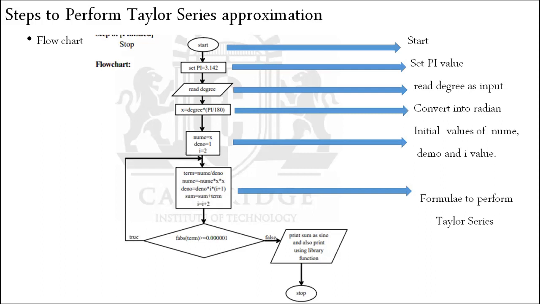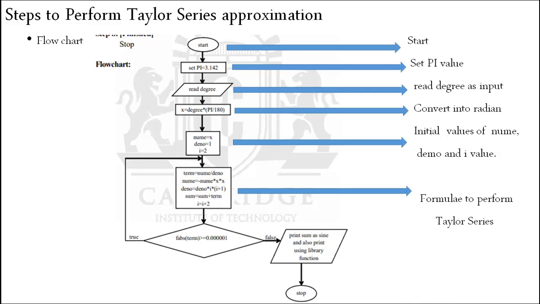After performing, I'm using some kind of loop. In my program, I'm using a do while loop. The speciality of the do while loop is that whatever the condition may be, it executes one time. After executing one time, it will check the condition. That is the while. If the condition is true, again it goes to do and carries on the second iteration, and again it will check the value with respect to while. Again, if it is true, it moves back to the loop. Until this condition fails, it will keep on continuing.